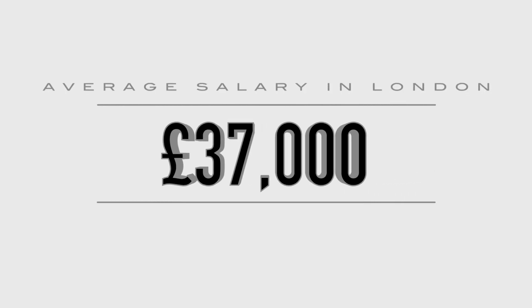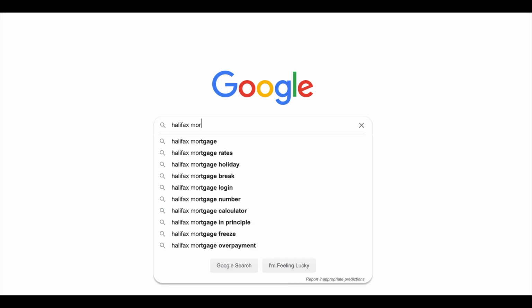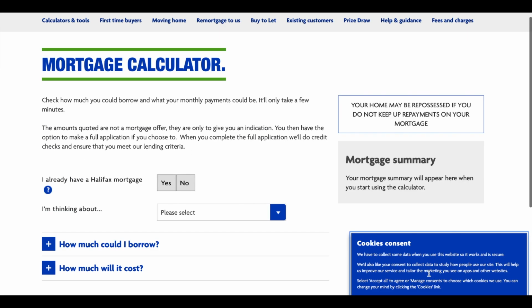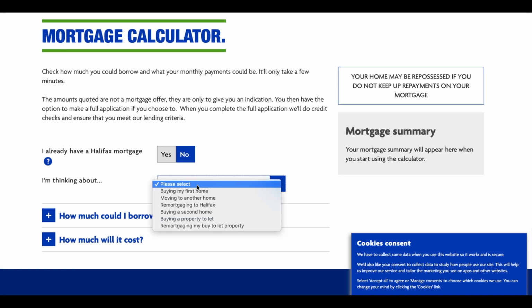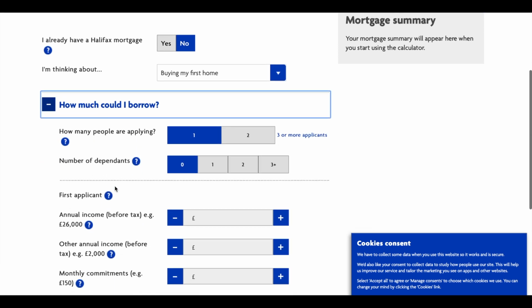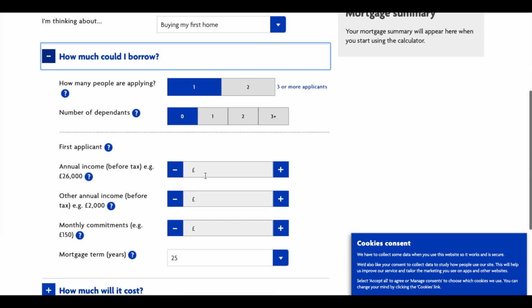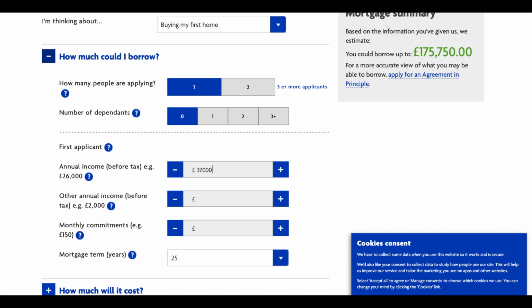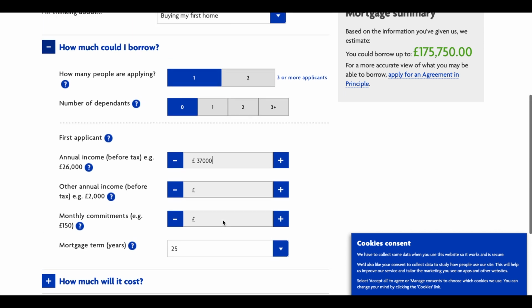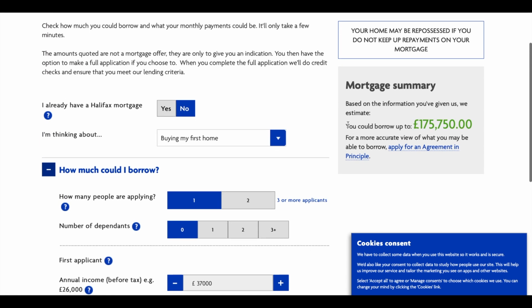According to Google, the average salary in London is 37k. So I went on the Halifax mortgage calculator to see how much we would be able to borrow. Have I already got a Halifax mortgage? No. I'm thinking about buying my first home. How much could I borrow? There's one person applying. We're going to say we have a salary of £37,000. You can add your bonuses if you get any, and the term will be 25 years. So they're saying we can borrow